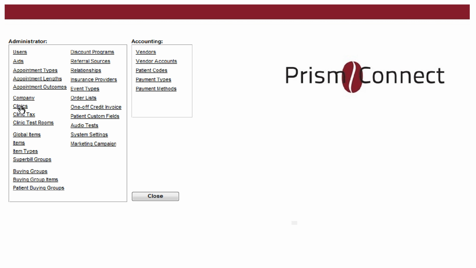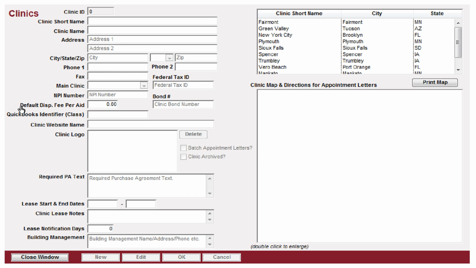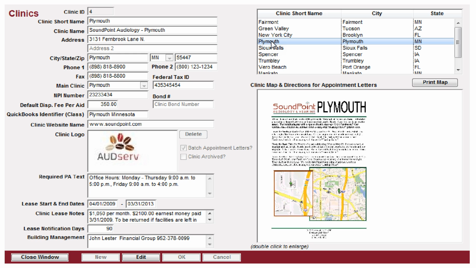The next link is clinics, and there's quite a bit to talk about here, so let's bring up one of our clinics. Again, you do not have the ability to create new clinics. We here at OddServe can set up additional clinics for you if necessary. You do definitely have the ability to edit your clinic information,